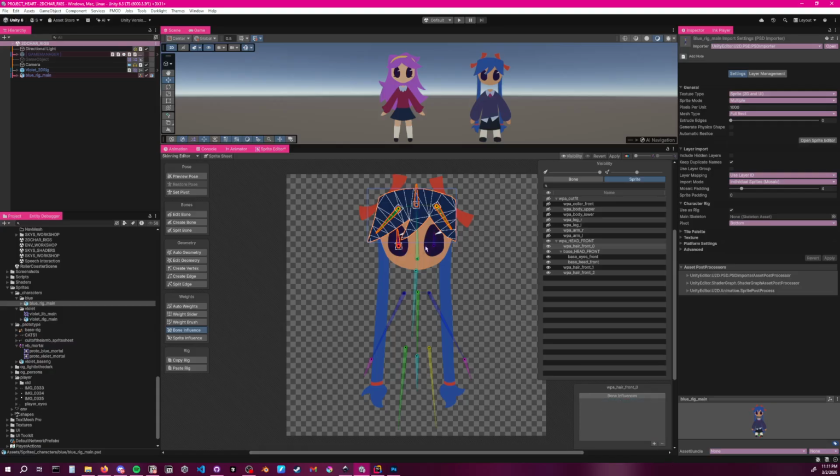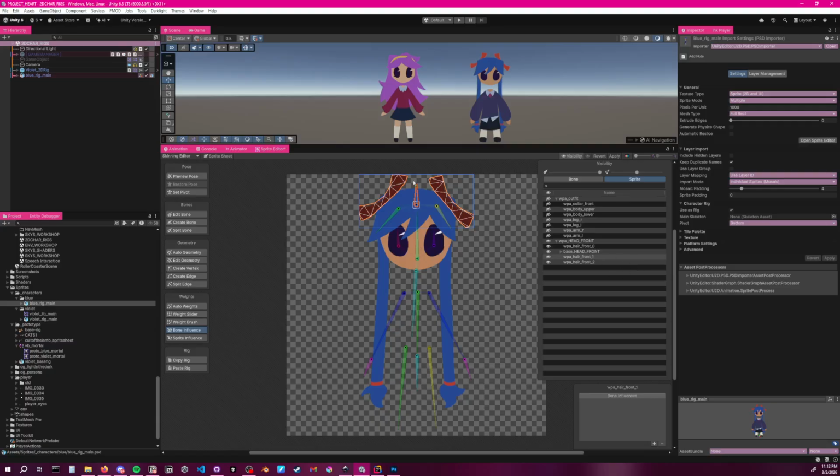Not the eye bones though. Let's do that. So you'll notice this is why I named it hair 0, right? Again, the sprite should be named based off of sorting layer, 0 being the frontmost, and then you go up from there, so it'd be 0, 1, 2. And then we have hair 0, left bone, right bone, and that's our naming convention here. And then this will also be,